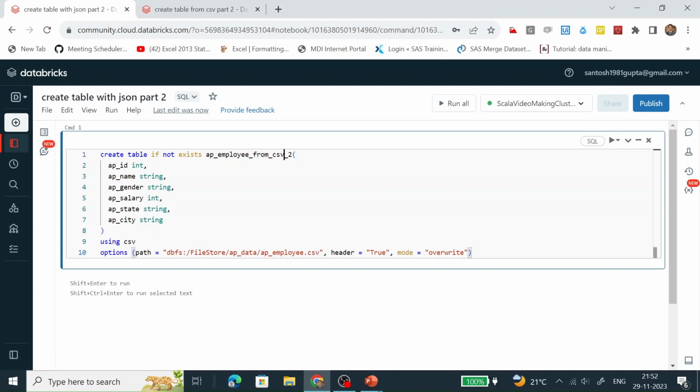So here we can change it to JSON, and this is a 2 only, and these are the schema. This is using JSON. Is JSON going to work or not? I had created it with the help of a CSV file. Let's see if it is creating with the help of a JSON or not. If it does not work, then we will see how we can create it by using CSV. Let's first create it.